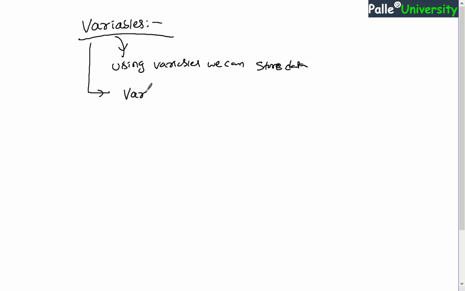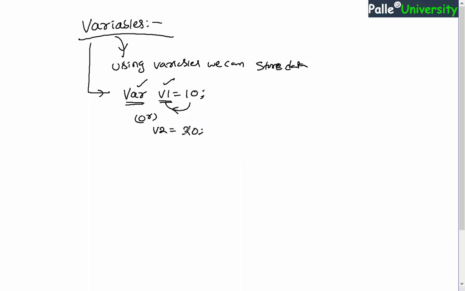One way is to declare a variable by using the var keyword and assign some value, right? So v1 is a variable and var is a keyword. You can declare a variable by using the var keyword, and this variable v1 is going to store some value, 10. Whatever you would like, you can write on the right hand side. Similarly, we can declare variables in JavaScript even without using the var keyword, something like this. So variable name, directly some value.